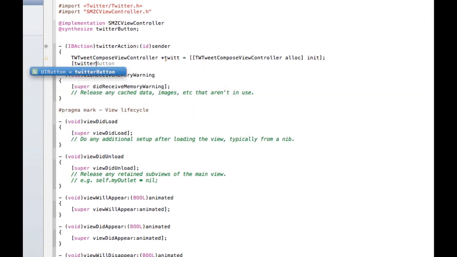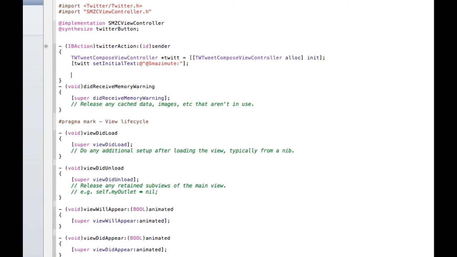Then with this tweet we can just set the initial text. So this is a text that we want to be sure that the user won't have to type. So we'll define something already in the tweet. Okay, the user can remove it, but at least it's already there and will be easy for him to tweet. And then just